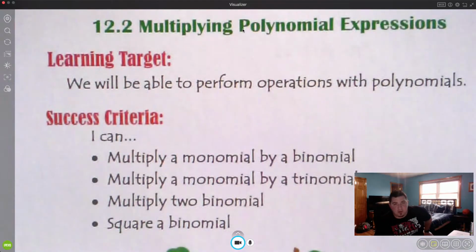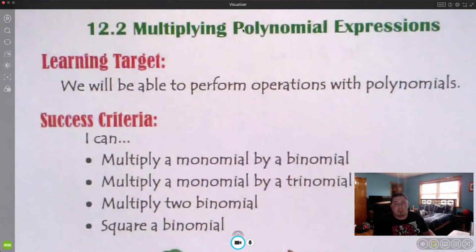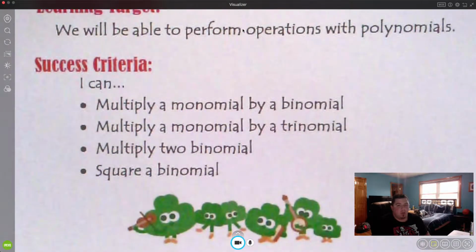Welcome back. We're going to be talking about multiplying polynomial expressions today. So we're continuing on the whole, we will be able to perform operations with polynomials in our learning target, except the success criteria is going to change based on us multiplying instead of adding and subtracting. We're going to be successful when we can multiply a monomial, so one term polynomial, by a binomial, which is